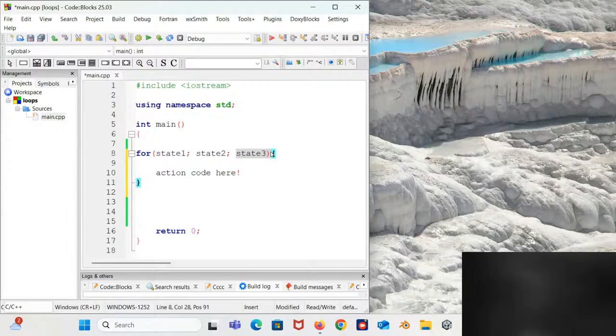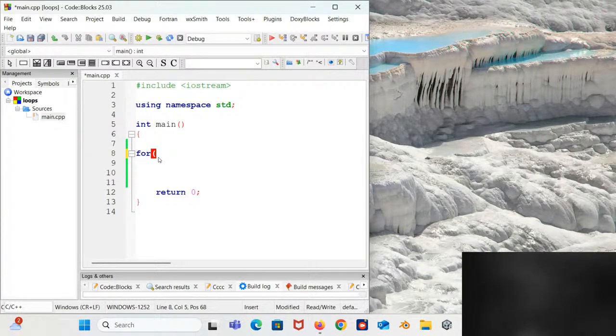So let's look at a simple example here. I think that one should explain more for us. We are using the for loop to print out numbers from 0 to 4. So we key in the keyword for first, followed by the parenthesis.